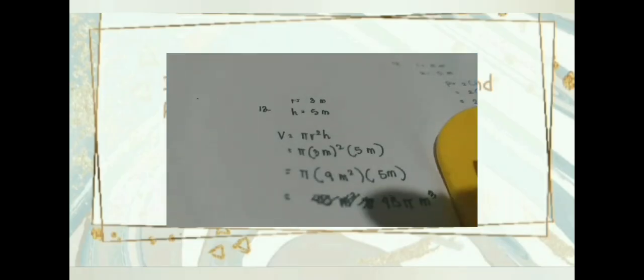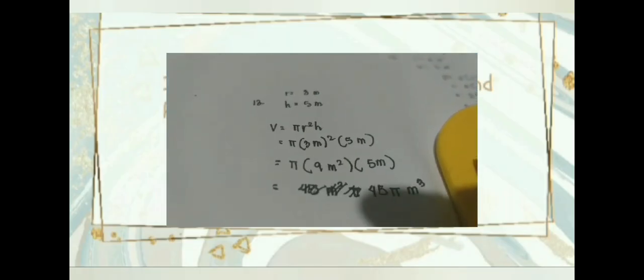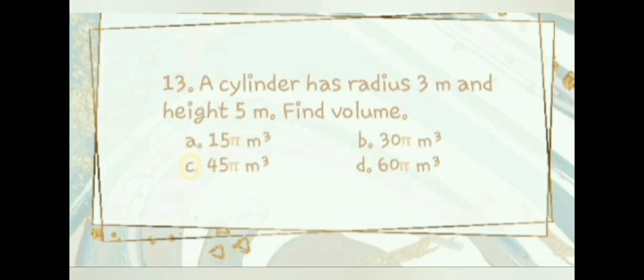So the formula that we are going to use, the volume of a cylinder, is V equals pi r squared h. So that is the formula. Then we substitute: pi times 3 squared times 5 meters. Now simplify, 3 squared is 9 m squared. Then copy 5 m. Simplify, 9 times 5 is 45 pi, and the unit is meter cubed. So that is the answer, class, which is letter